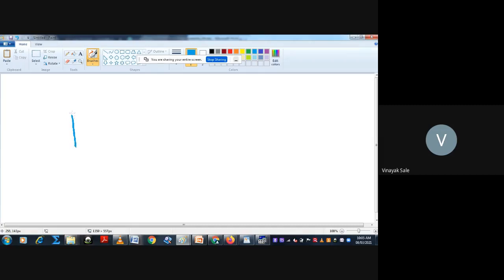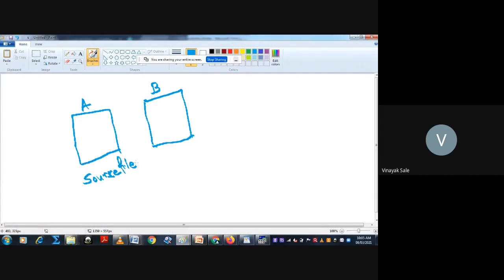Suppose this is a file A, this is a file B. Initially these two files are empty. Suppose A is a source file, and B is a target file.